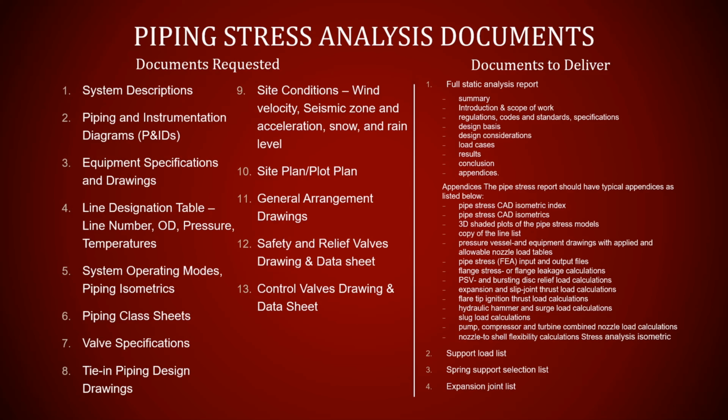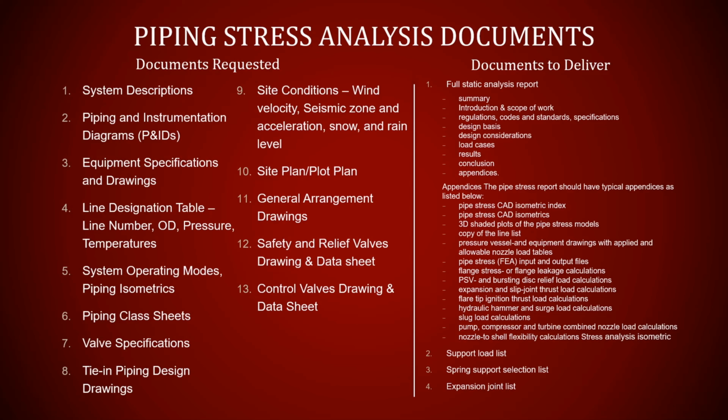The line designation table, the LDT, and system operation modes, which is important to understand how to make the simulation inside your model, because after all, we make a static simulation to know the forces and the moments existing on the piping. And of course we need the piping isometric, piping class